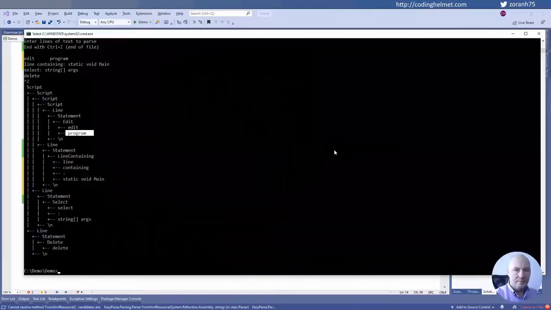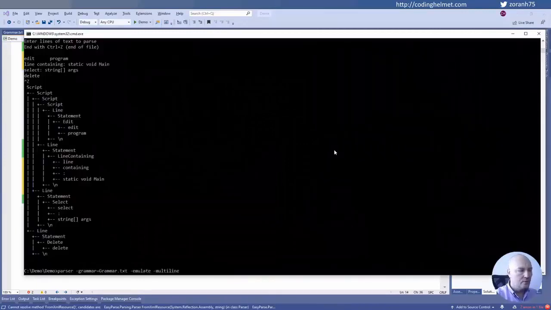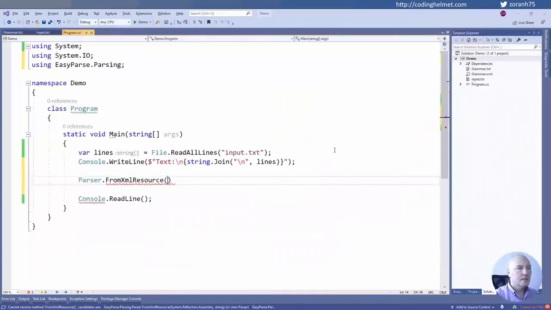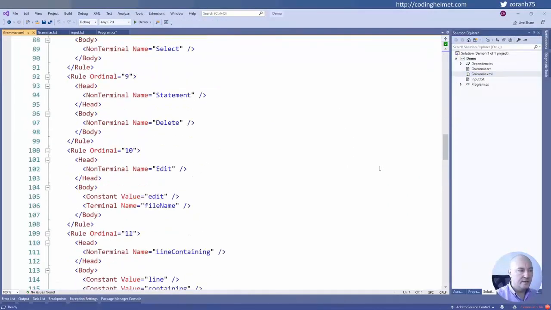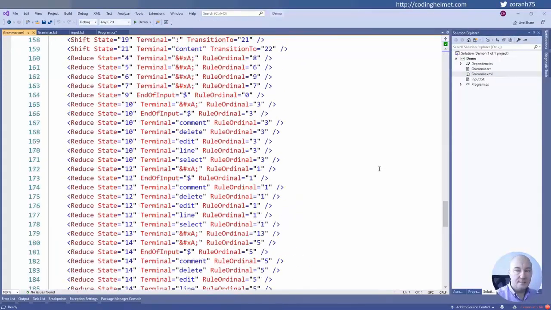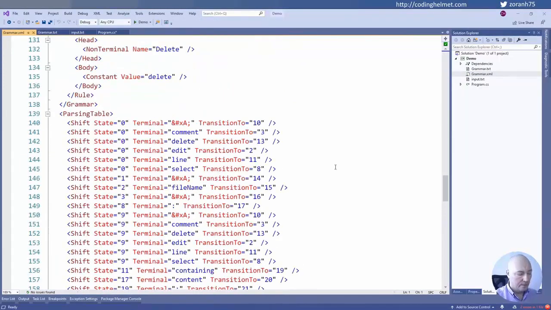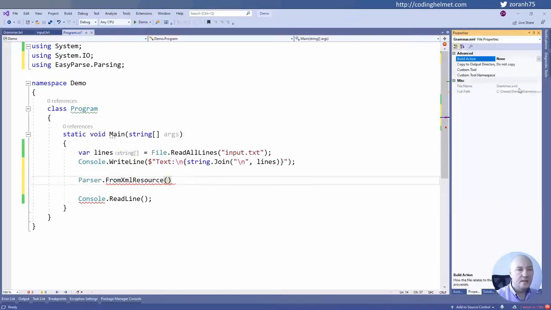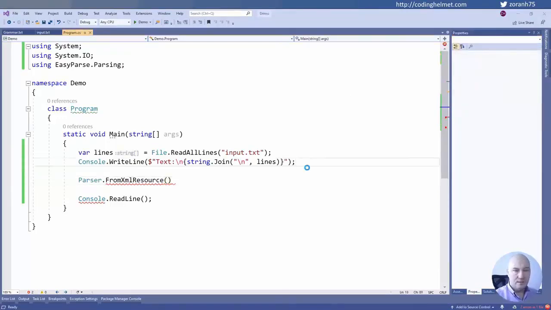In order to have a parser in your application, you have to go to this grammar and compile it. And now you have a grammar.xml. This is the parser definition, which is my schema, and I know how to use it. This EasyParse library has the parser which can load this file. In order to load it, you will have to include this XML file as an embedded resource into your assembly,